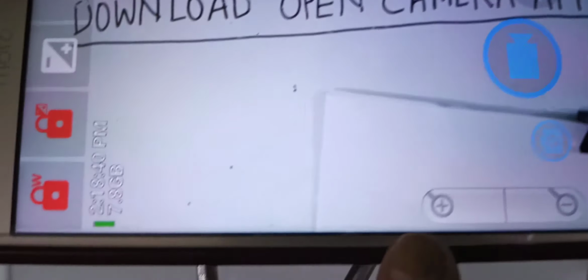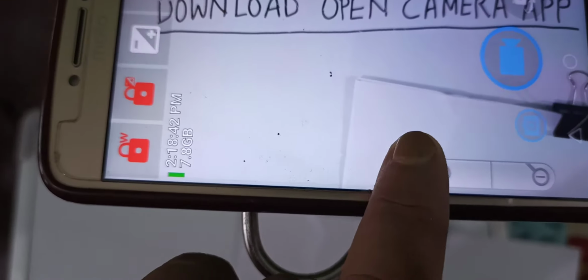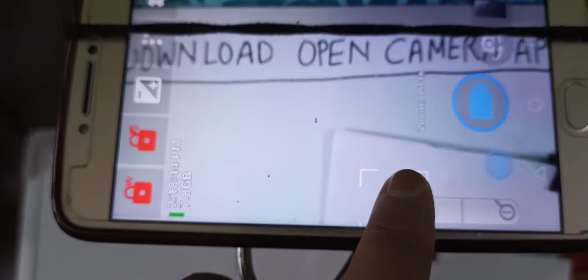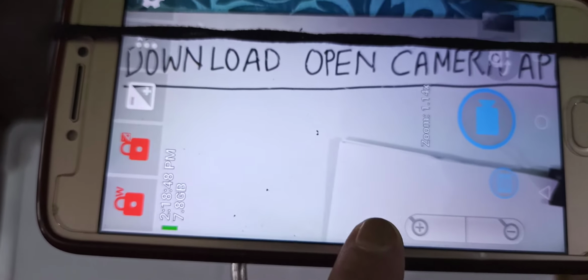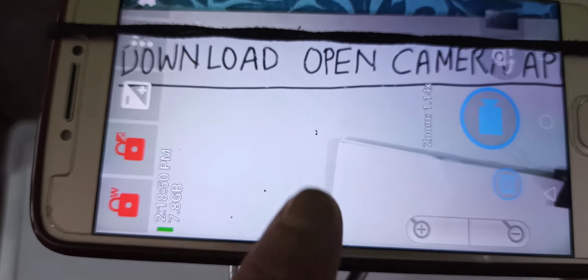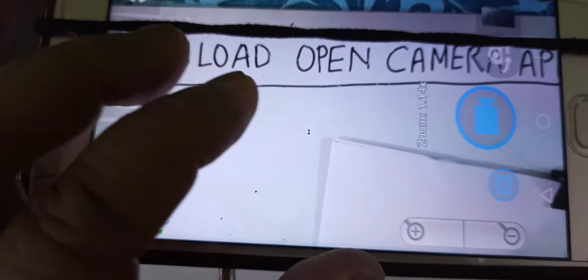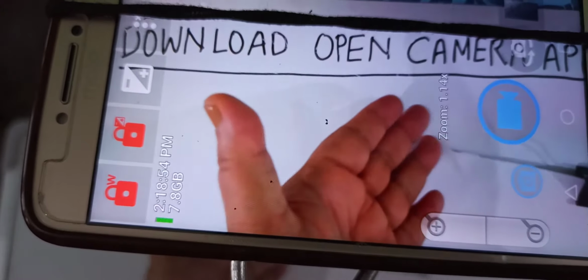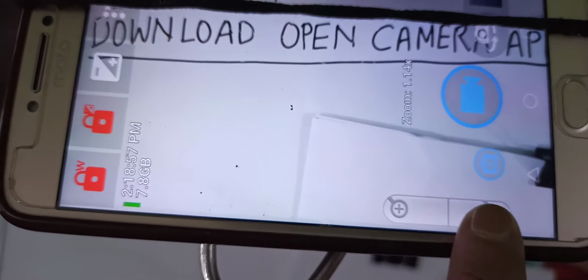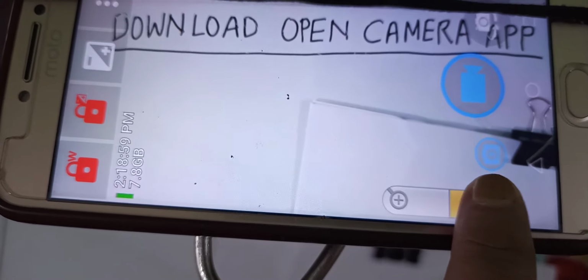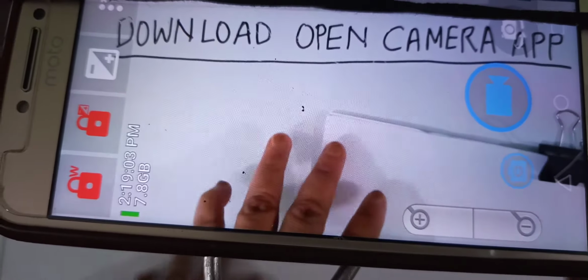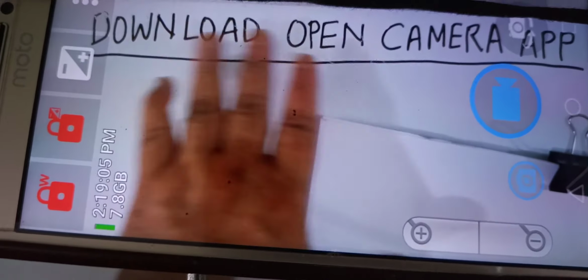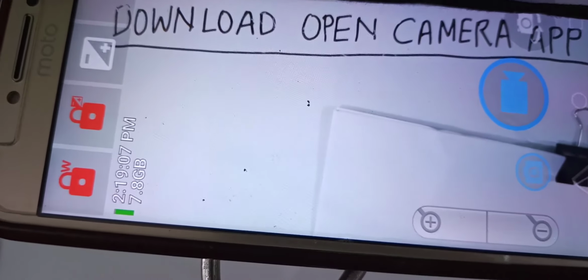After that, there is a button. This is the zoom in or zoom out button. If you use the plus sign, you can zoom in on the paper below the camera, and if you use the minus sign, you can zoom out on the things below your camera.